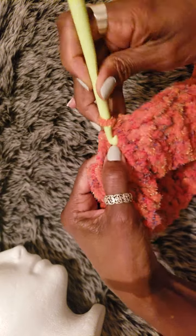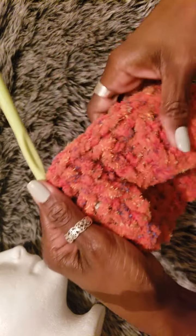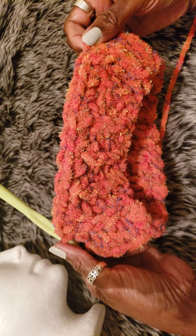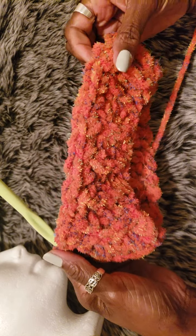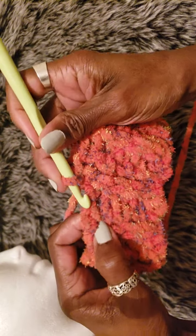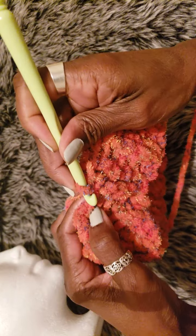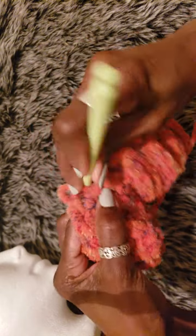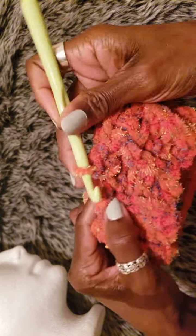And you want to stop for a minute to see how far you are with your visor. So far, this is where I am. I need to go a little more. You have to picture a visor or a hat to see where the brim is, and then you know exactly when you need to stop